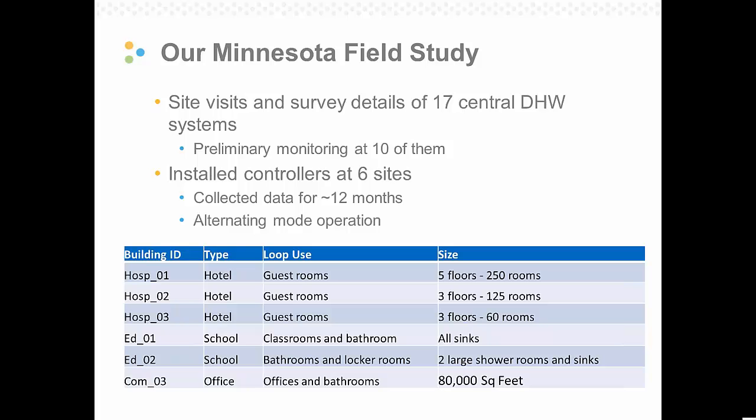So at the bottom of the screen, you can see the summary of the 6 sites that we did put monitoring equipment in. We had 3 hotels of sort of a range of room types and sizes. We also had 2 education buildings from the commercial sector, so these are classrooms. One of those mainly served the sinks in the classrooms and the bathrooms, and the other served some sinks as well as some larger locker room and shower facilities. And then the third building type we monitored was a more standard office building that had offices and bathrooms on the loop